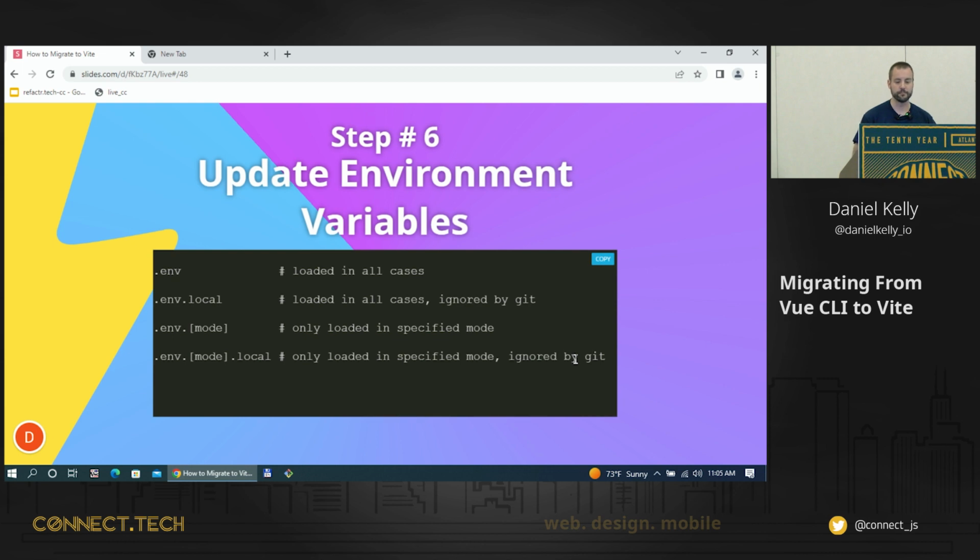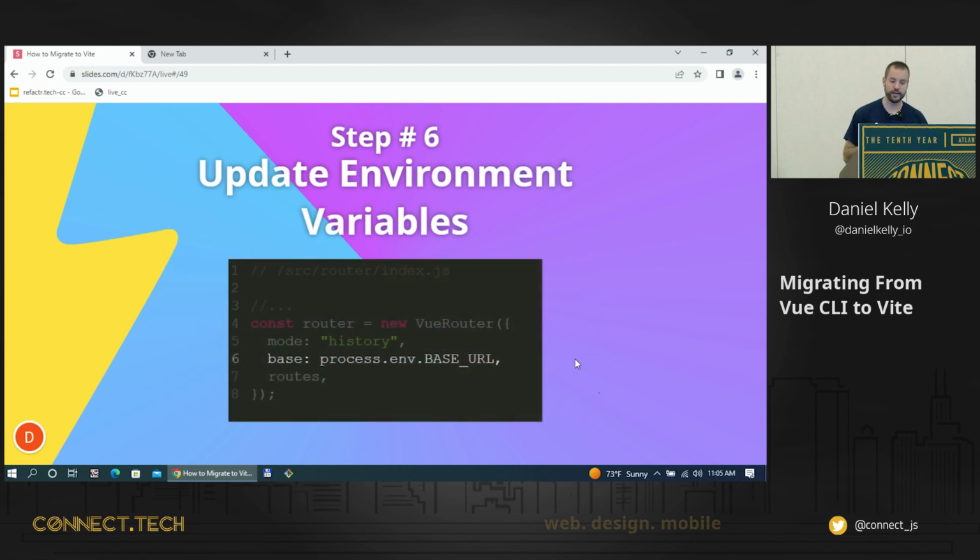You have your .env.mode, which is only loaded in that specific mode, test or production or whatever. And then you have .env.mode.local, which is only loaded in that specific mode, but it's ignored by git. All these same conventions apply. They carry over directly. So basically your .env files, you can leave them the same,